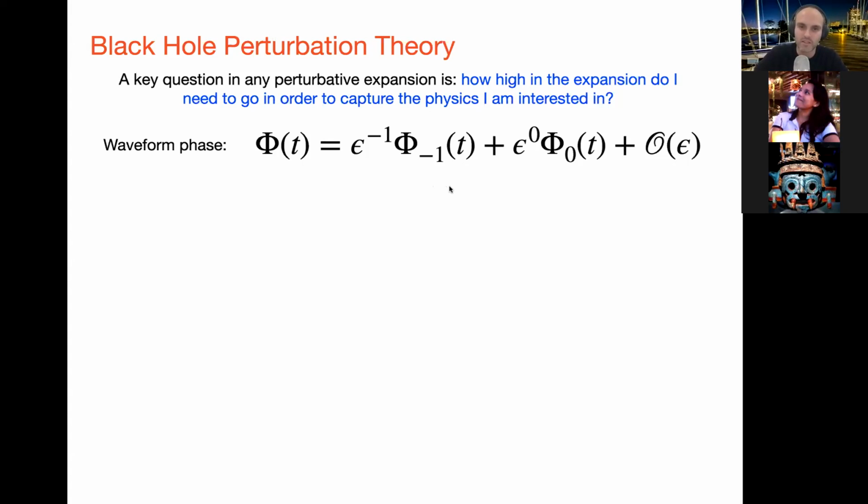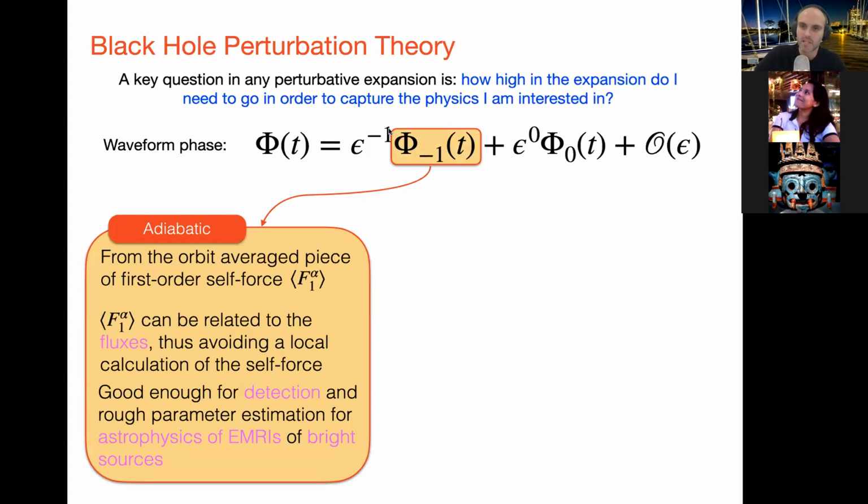So here it turns out that we want to go to second order in the mass ratio expansion. And why do we know that? Well, we learn this by looking at the phase of the waveform, which is the key thing we care about for gravitational wave science. We need to accurately track the phase in our models in order to pluck out the signals in the data from the detectors. This has a contribution which scales as epsilon to the -1, and a contribution that scales as epsilon to the 0. And then once we get to a contribution that scales as order epsilon, well, we don't care about these anymore because epsilon is 10 to the -6 or -2. We expect this to be very small and not be too important.